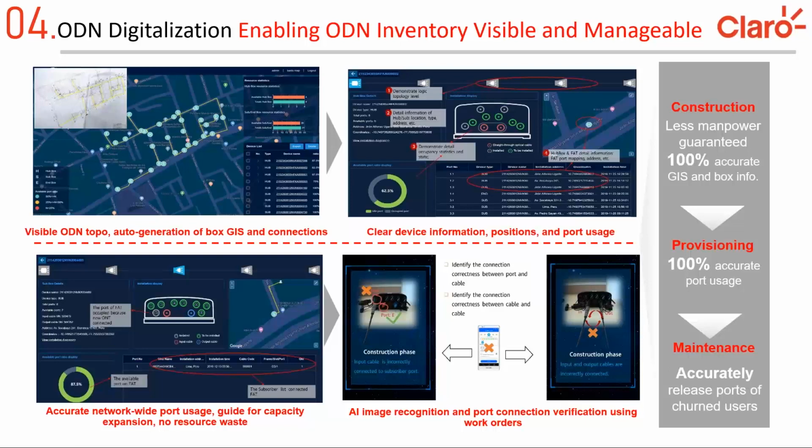This is really important because if there are some available ports in FATs, for example, we know that we can put effort into the sales department at Claro to look for opportunities to sell more services to the end subscribers. And if we detect that some area doesn't have a port available, it can trigger the engineering part to deploy more home passes in those areas. And this is really important.